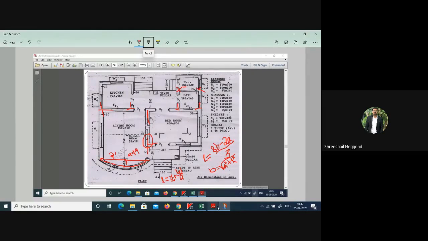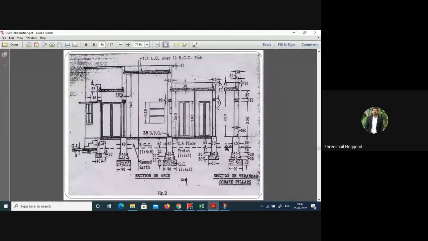Continuing from this, we will have the cross section of this one. See the cross section diagram, how it looks. The 30 centimeter wall footing is separate. You can see this wall is separate, and for the 20 centimeter wall, footing is separate. And there are 2 pillars, front and back side, whose footing is separate. For the 10 centimeter wall, footing is not there. For the front side and back side, a veranda is there, for that footing is there.